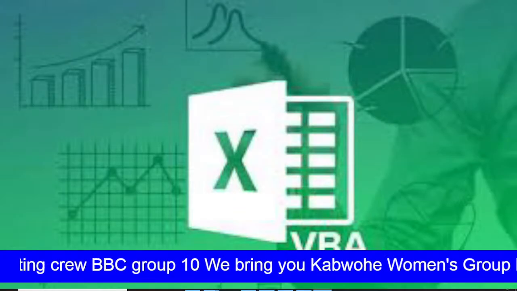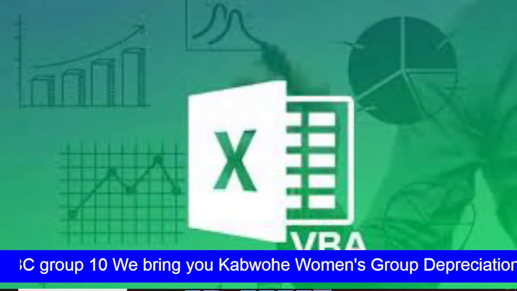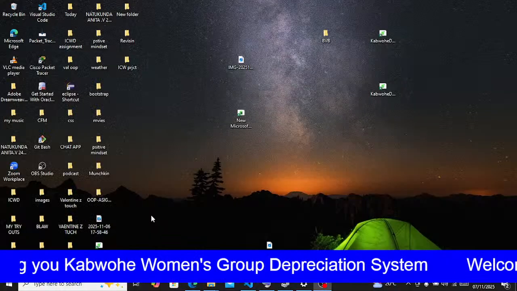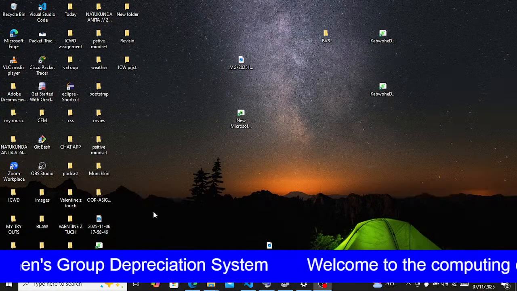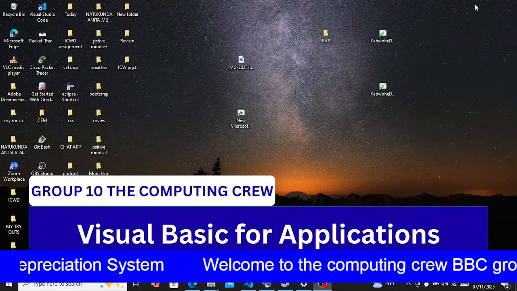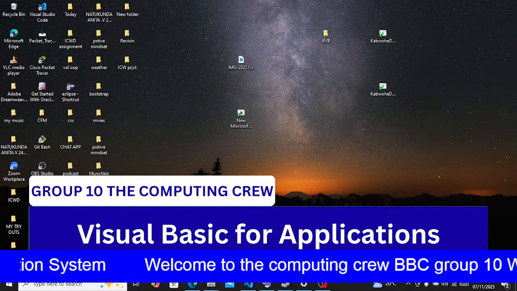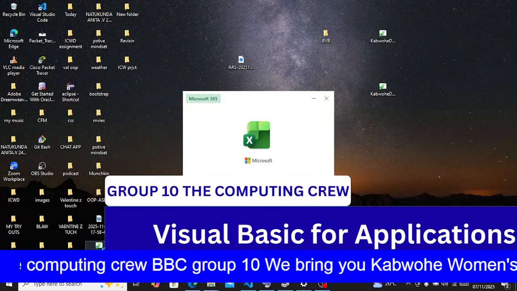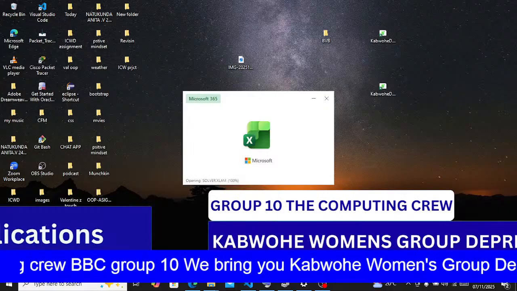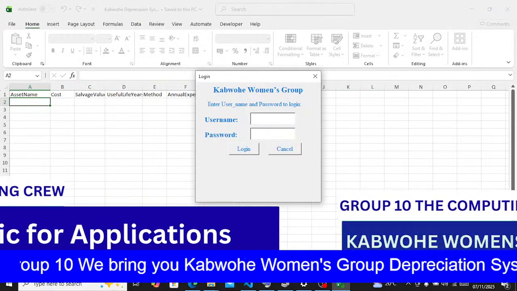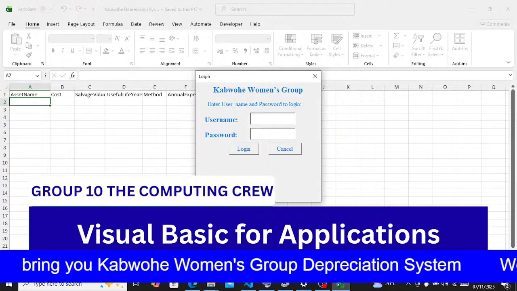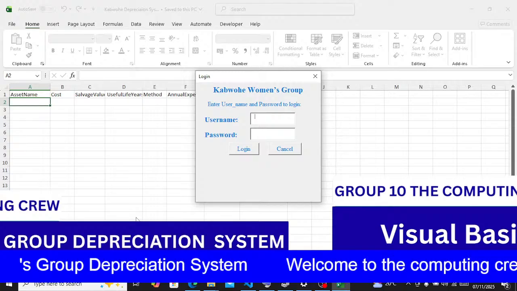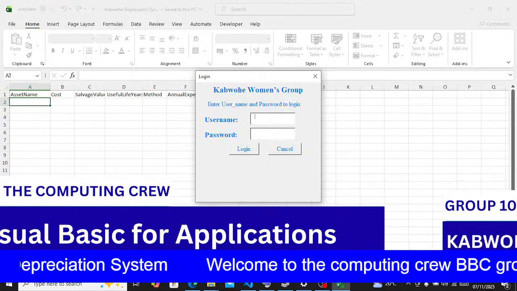Here, when opening our workbook, the login form should pop up, it should appear on the screen. Now, when this login form appears,